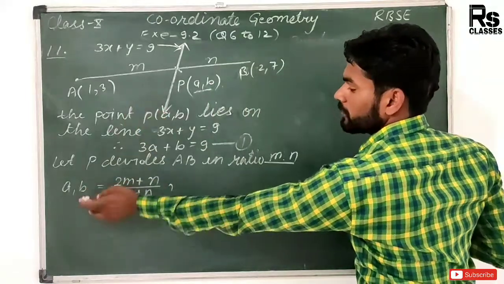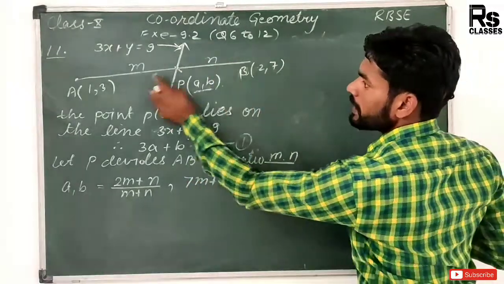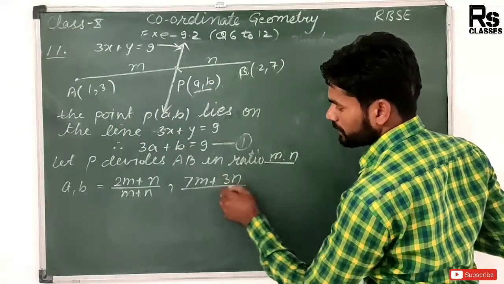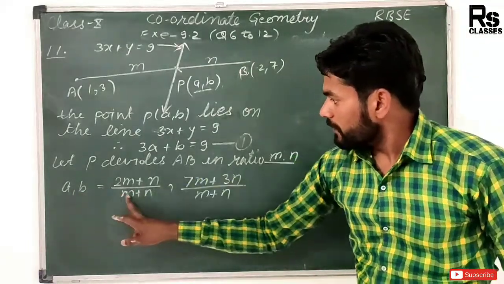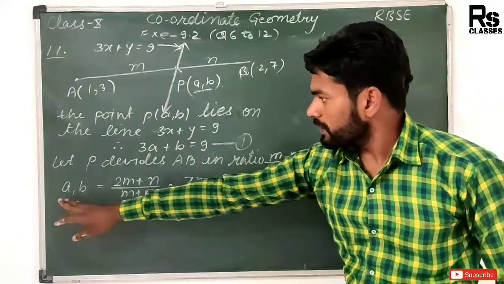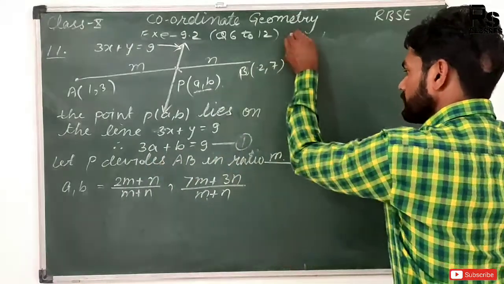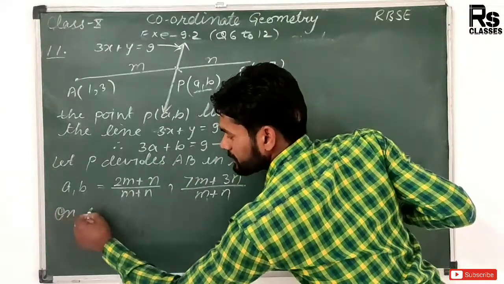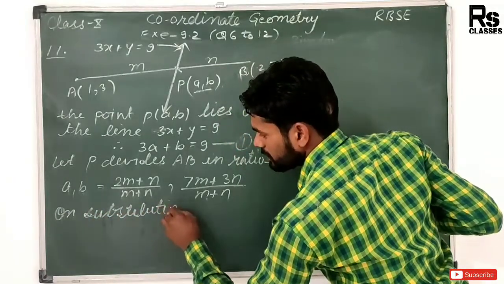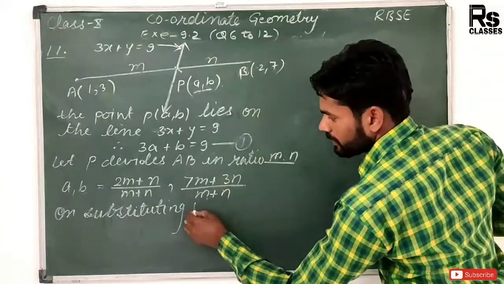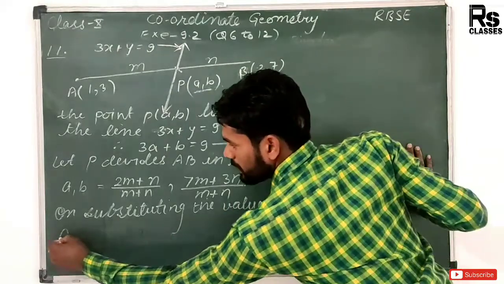for the coordinate B, m into 7, so 7m plus n into 3, 3n upon m plus n. This is the value of A and it is the value of B. So both the values A and B apply in the given equation. So on substituting the values of A and B